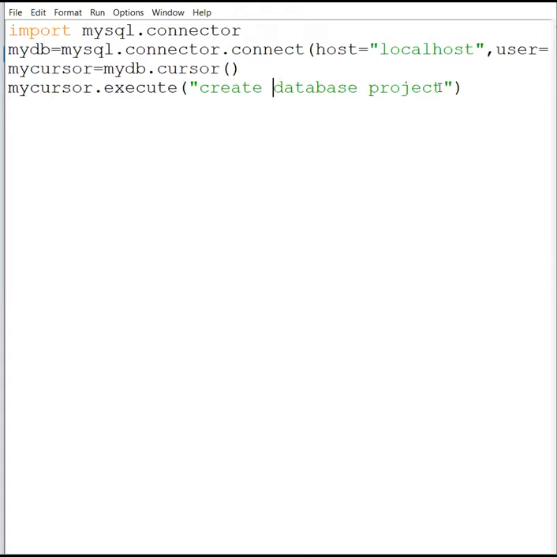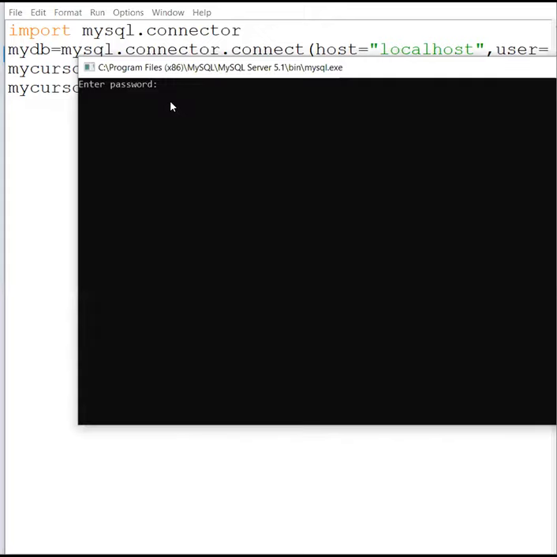Now see, once you have created the database, if you run this program again and again, you will get one problem: you cannot create a database again and again with the same name. One time it will execute, the second time you will get an error message that it is already created. Therefore, for creating this, I have to give one command that if it does not exist, then only we are going to create it. For example, first of all, we will check this in MySQL, whether it is there or not.